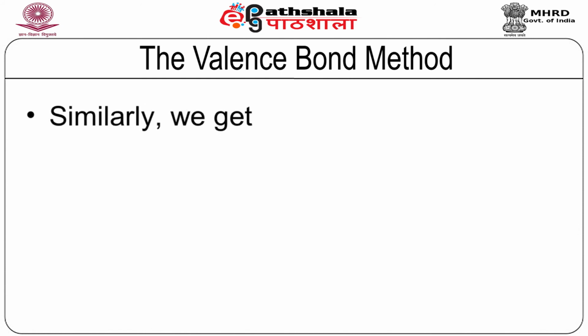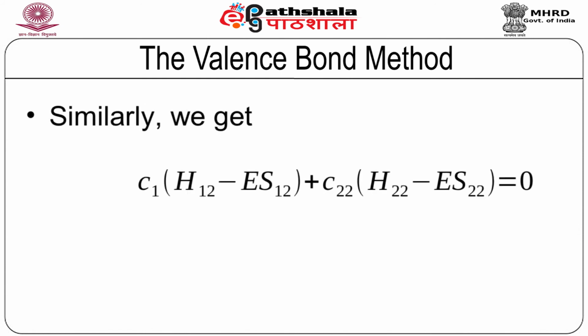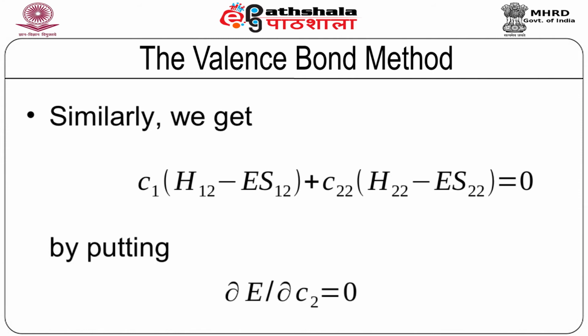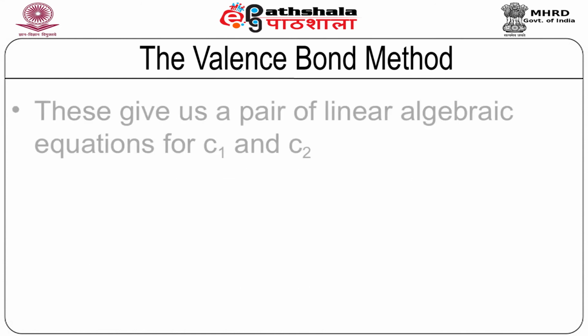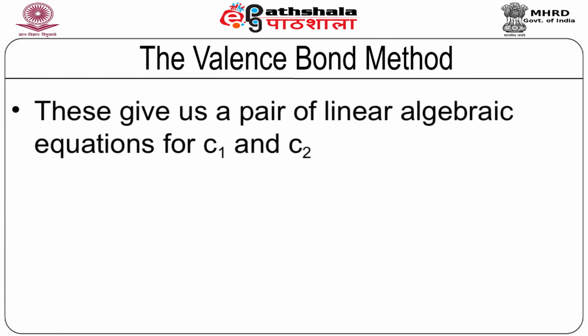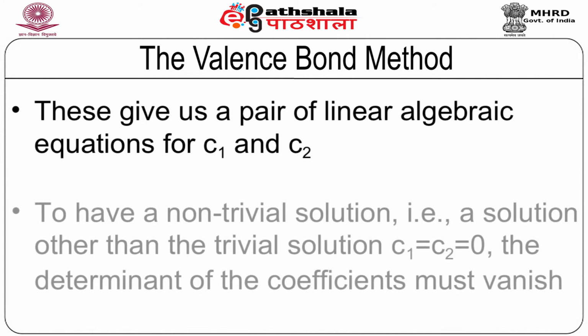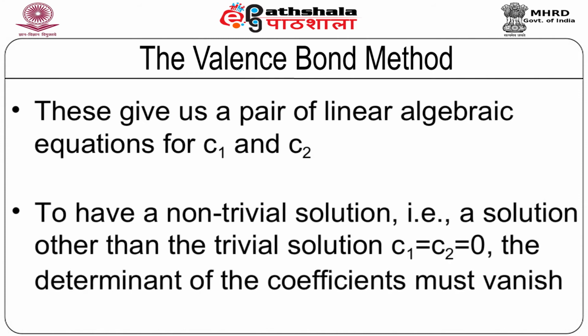Similarly, we get C1 into H12 minus E S12 plus C2 into H22 minus E S22 equals 0 by putting del E del C2 equals 0. These give us a pair of linear algebraic equations for C1 and C2. To have a non-trivial solution, that is, a solution other than the trivial solution C1 equals C2 equals 0, the